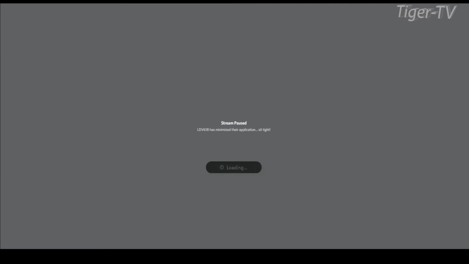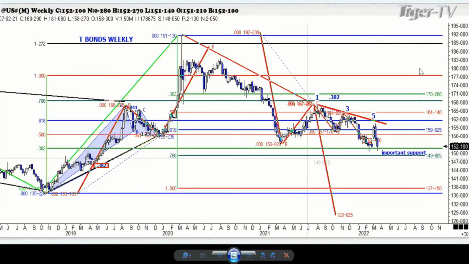Now let me get this up so you'll be able to see it. This is the weekly chart. Sorry for my voice, folks. There we go. You'll see there's the bonds. We're breaking below these levels right now. That sets up the ABCD down here at 127, folks. Remember, way up here, this was a secondary high way back. The high on this was almost 180,